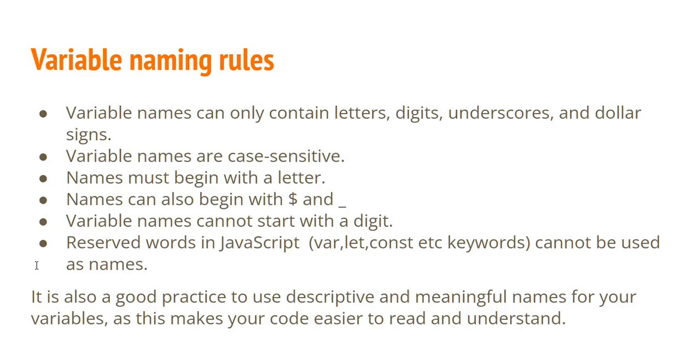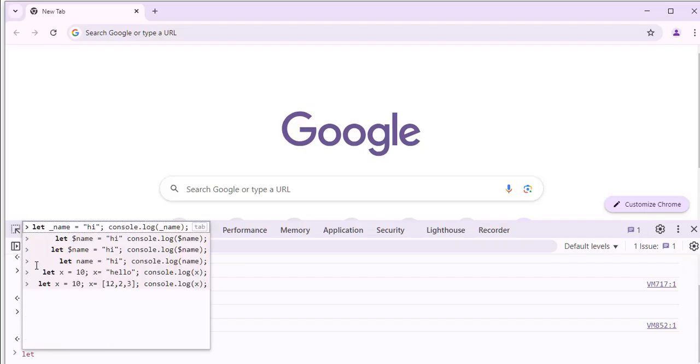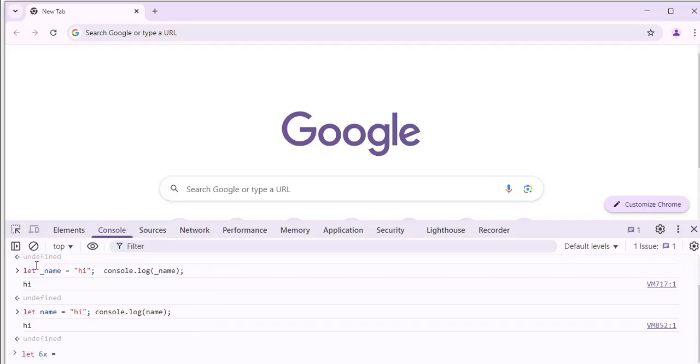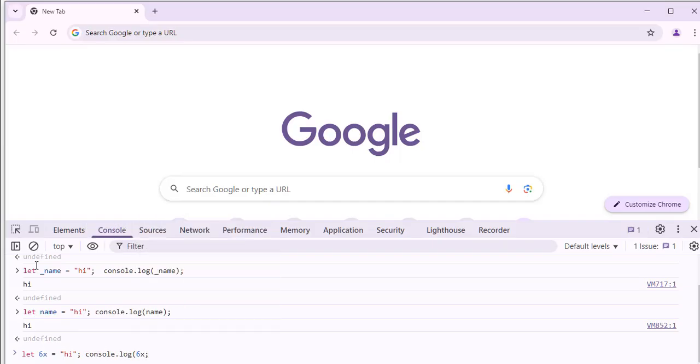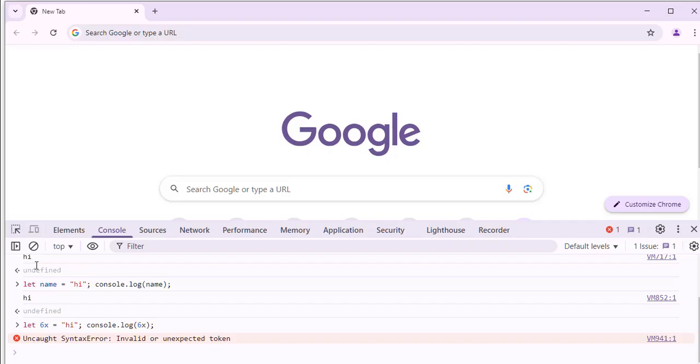Variable names cannot start with a digit. Reserved words in JavaScript, let, const, etc. keywords cannot be used as names. For example, if I try to declare let 6 with x equal to high, we will get an error. And if I try,